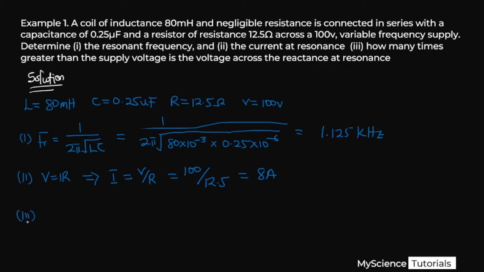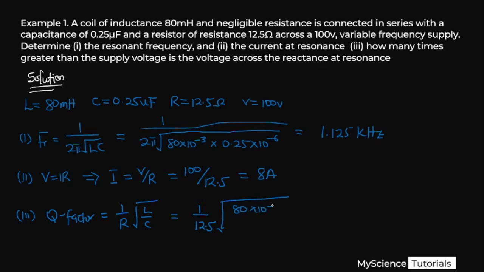How many times greater than the supply voltage is the voltage across the reactance at resonance? There are so many ways that we can find this, so we are going to be finding it one after the other. The first one we can do is the Q factor. The first way is to use the formula directly, so 1 over R times the root of L over C. So this is equal to 1 over the resistance, 12.5, multiplied by the root of